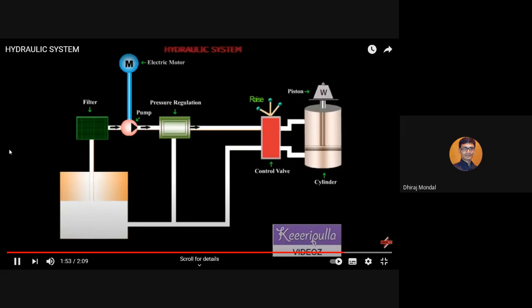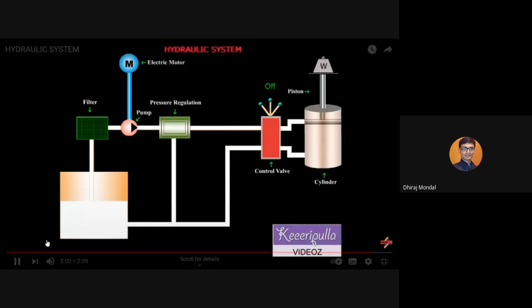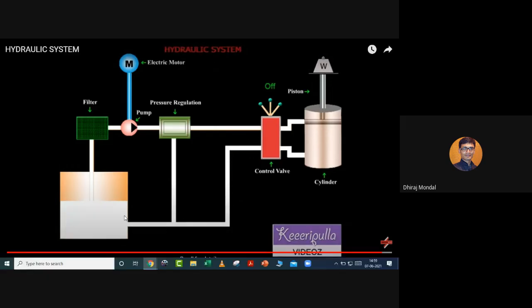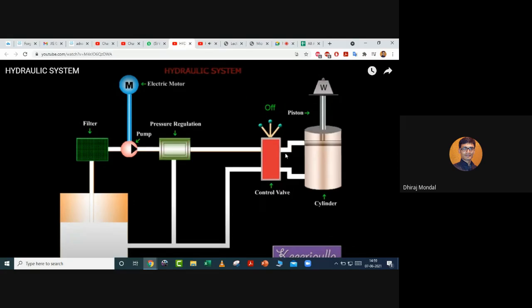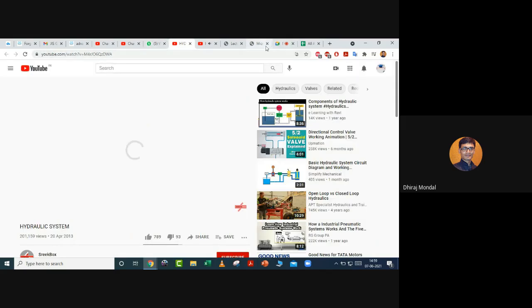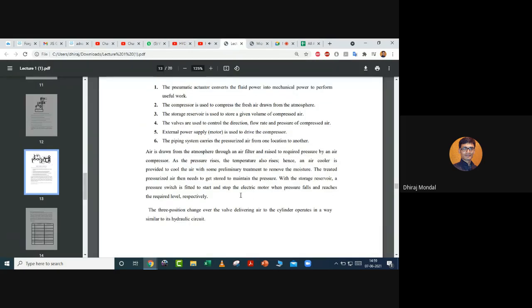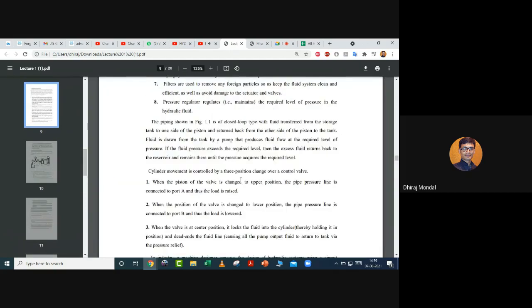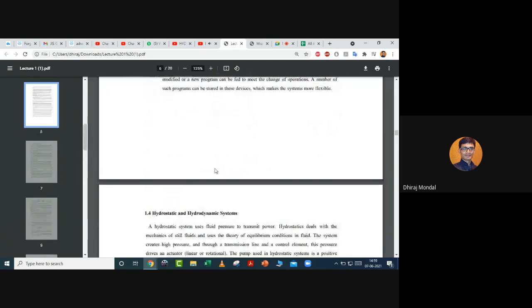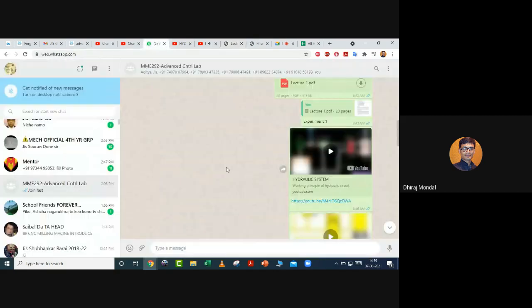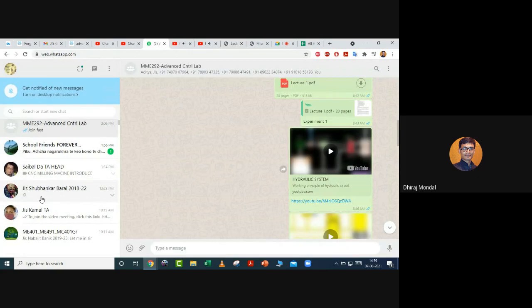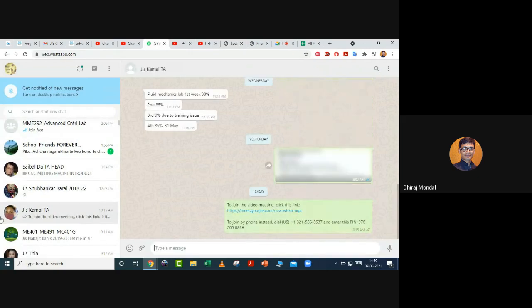Today, up to this, you know the first experiment that you need to write; this I have already shared in your WhatsApp group. What you need to do is draw this particular diagram. This is your study material. The name of the experiment, again I am showing you here, I am forwarding it to you.